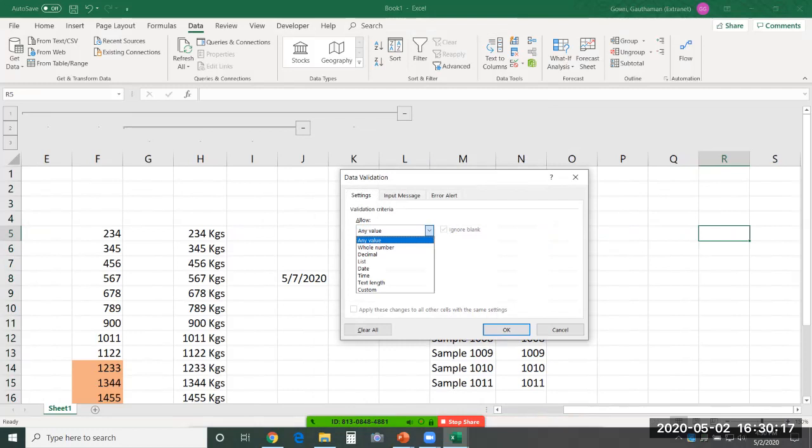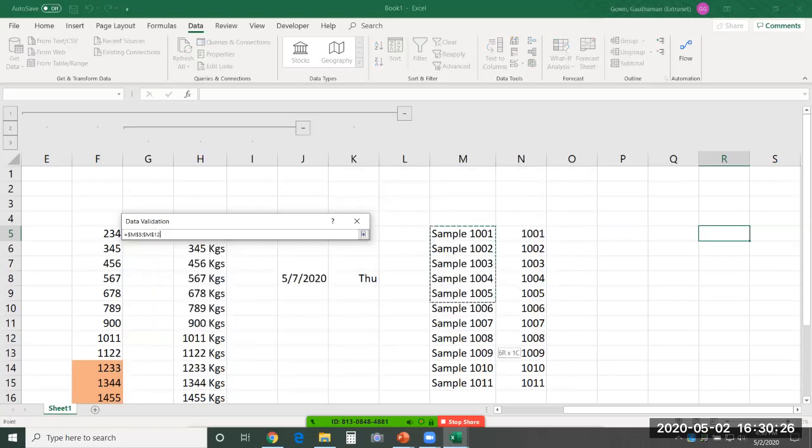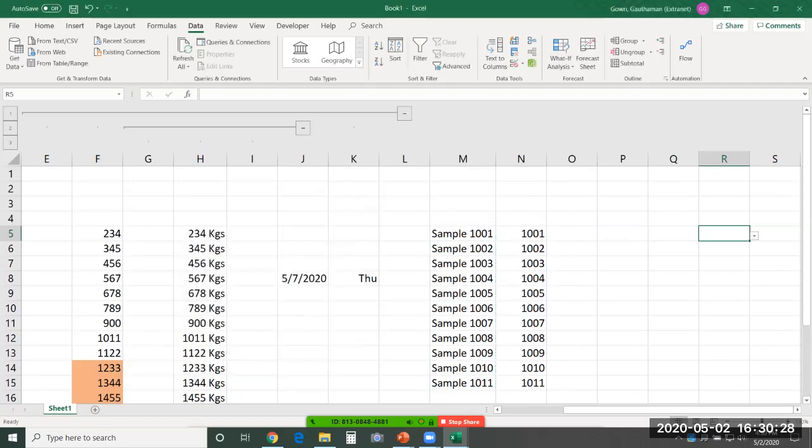Again, I'm trying to provide you one such example. Let's say I want to create a list in this cell, and the source that I choose would be this one. Okay, so that I'll get a list of these items. I can choose any product that I want right from this list.